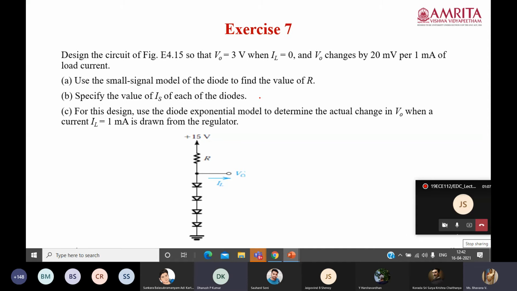Ma'am, isn't it on 24th or something, ma'am? Which one? That is quiz. I am talking with respect to the midterm exam. Okay, so for the midterm exam, mostly I will not include the review of the semiconductors for the PT midterm examination. It will be there for quiz 1.